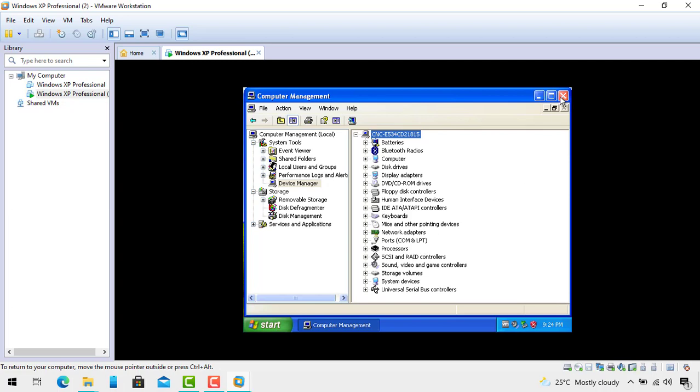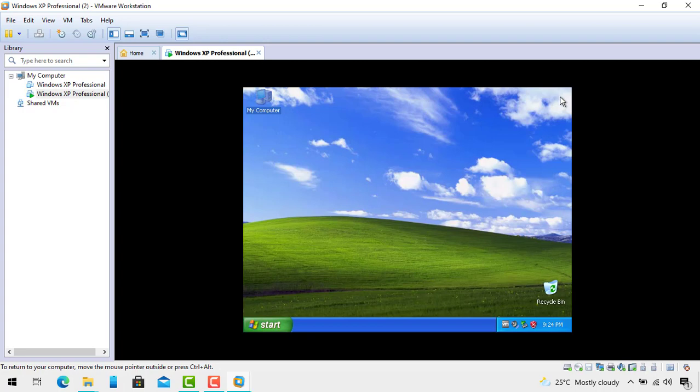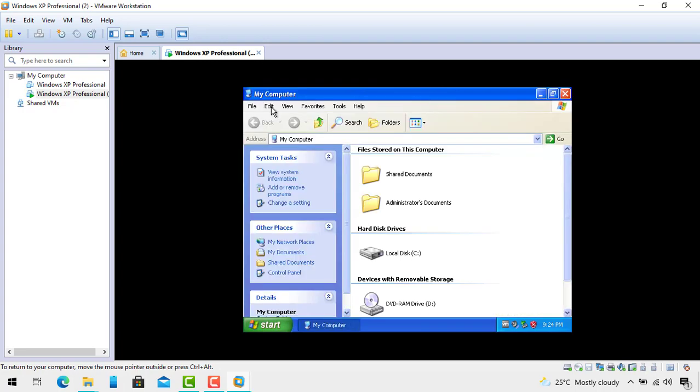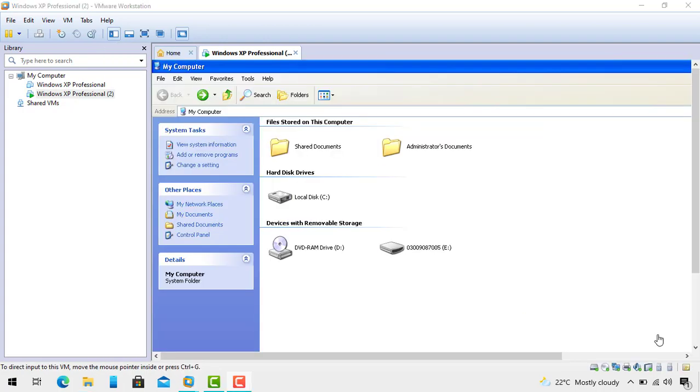So the floppy drive has been uninstalled. You can check. Then the next step is to plug in the USB where the Boxfort folder has been copied. So when you plug in the USB, sometimes in the virtual machine the USB is not being detected.